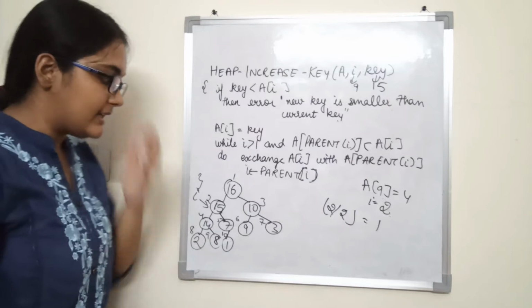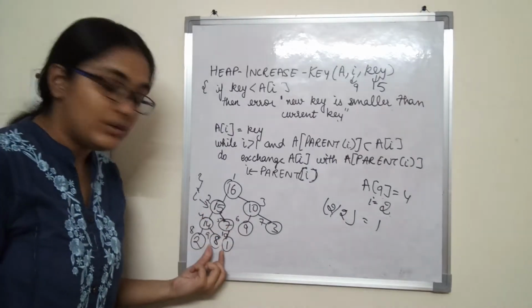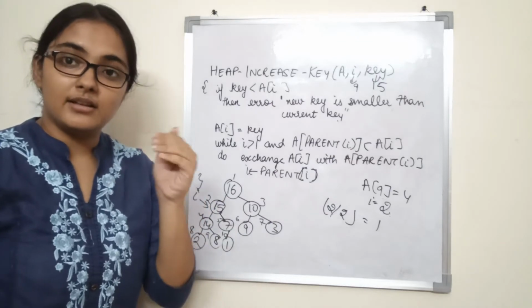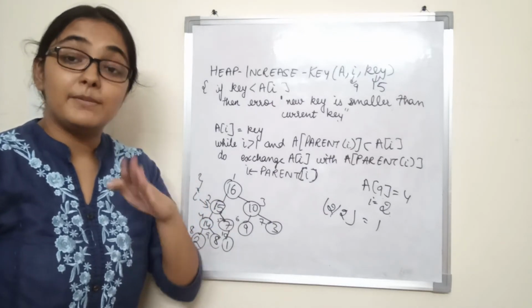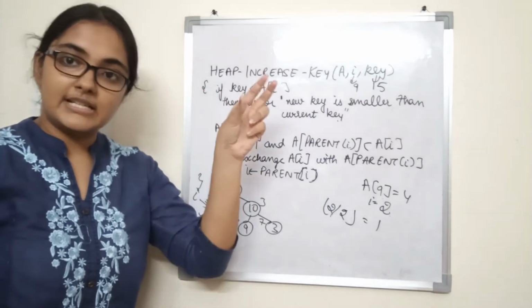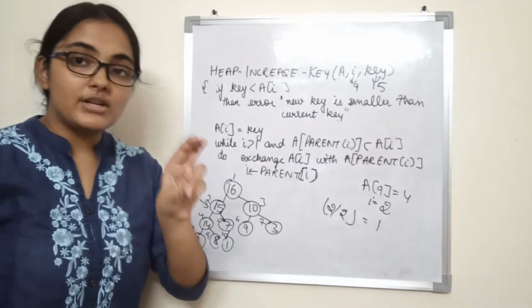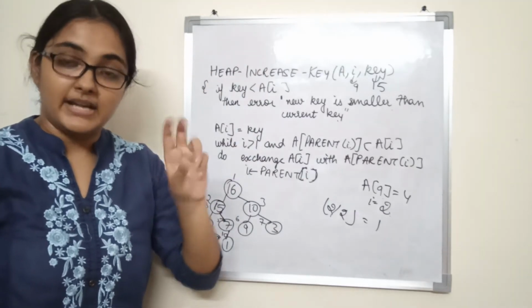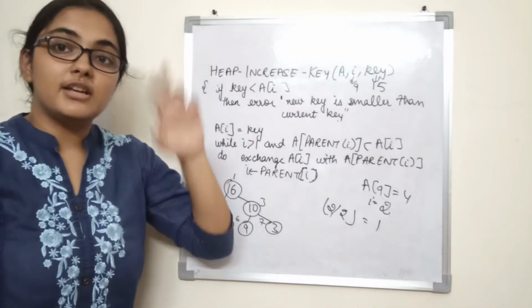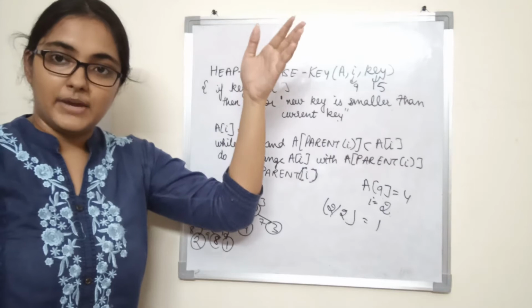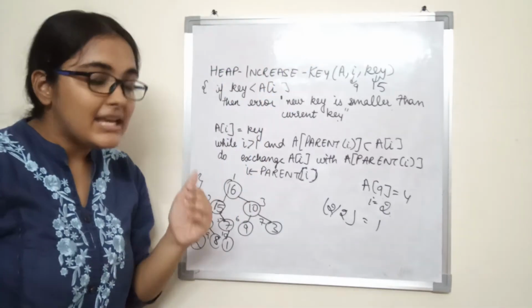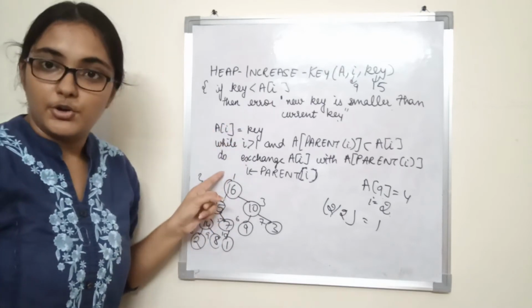Alright, so what we did is, from the newly inserted node, since the newly inserted node's value might become greater than its parent, we checked the value of a node with its parent, right? And if the node's value is greater than that of its parent, we exchange the two, right? But then again, when the node's value goes to the parent, it might again be greater than its parent. Then again we call the for loop. So we keep on checking until we reach the root, right?